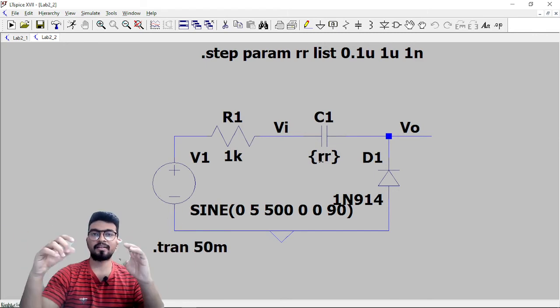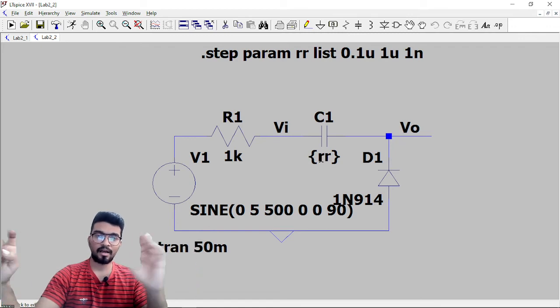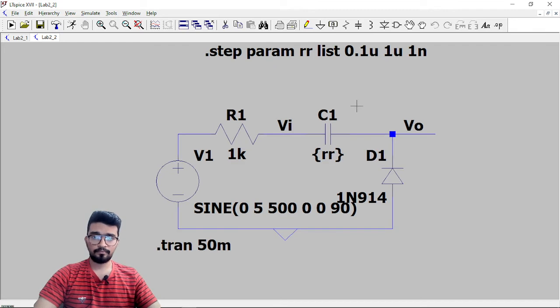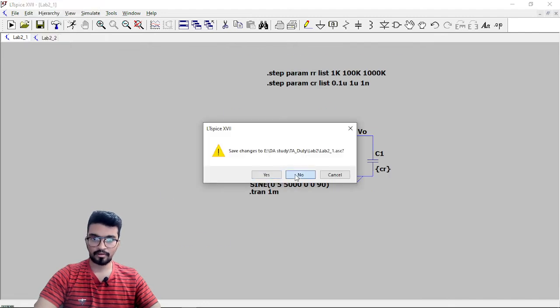You can understand from the first one. You can manually vary all the values R, C, and input. This is the value of capacitance that I am varying between 0.1 micro, 1 micro, and 1 nano. It must clamp, right?